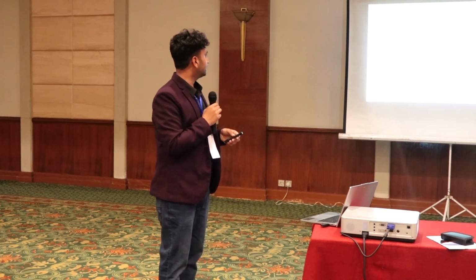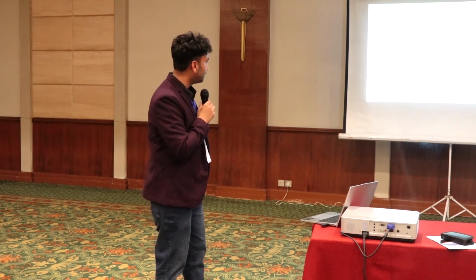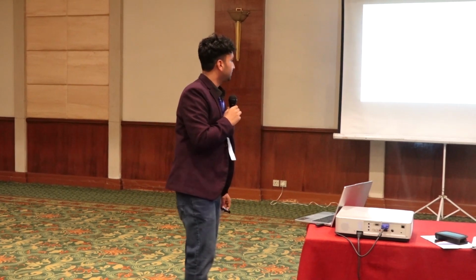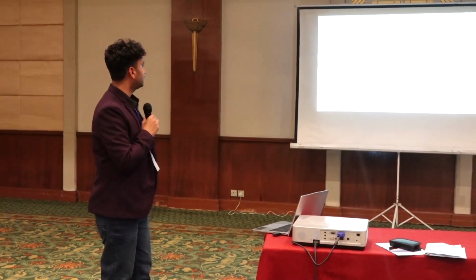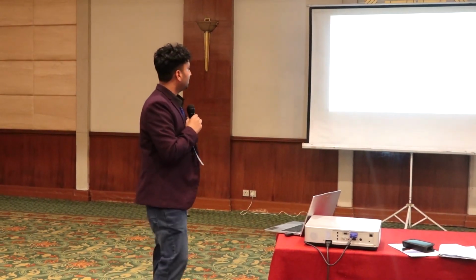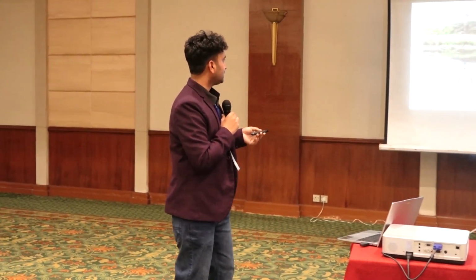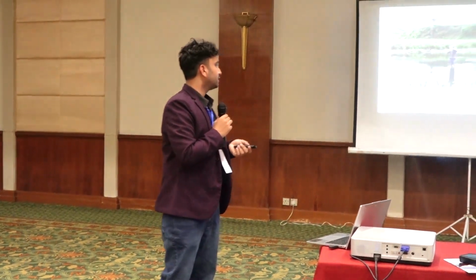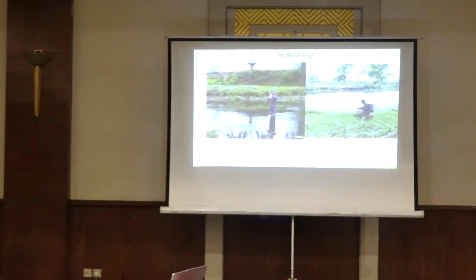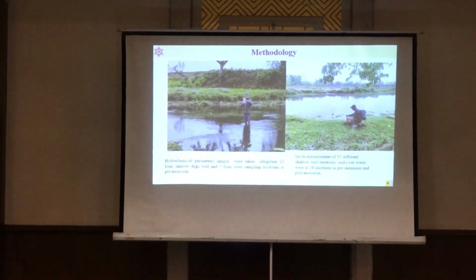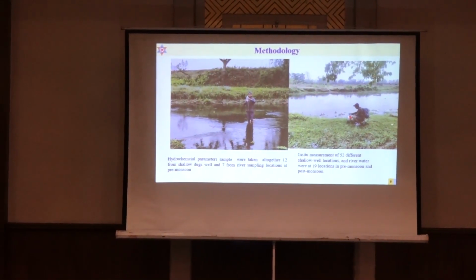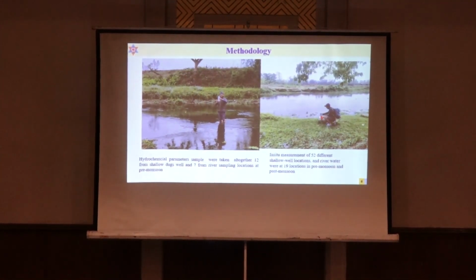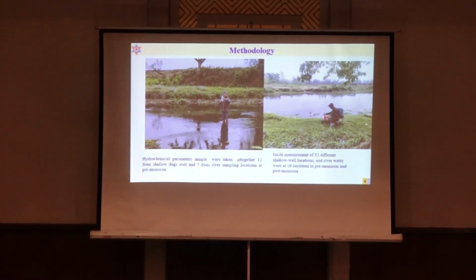My main objective is to explore the relationship between the river water and the groundwater in the segment of the Budhirapti River, and to investigate the seasonal variation of in situ parameters of shallow groundwater and the Budhirapti River. My methodology includes in situ measurement of 52 different shallow well locations and 19 locations of river water, along with the hydrochemical parameters, all together from the shallow dug wells and seven from the river channel.